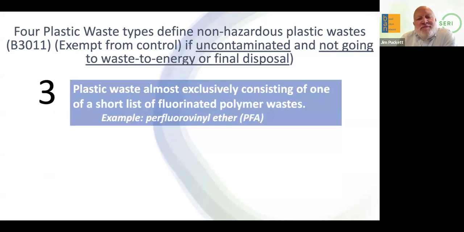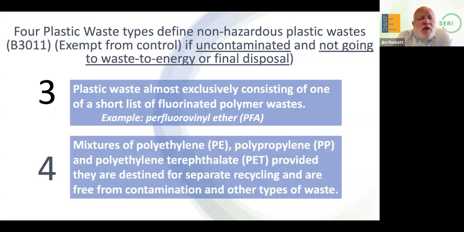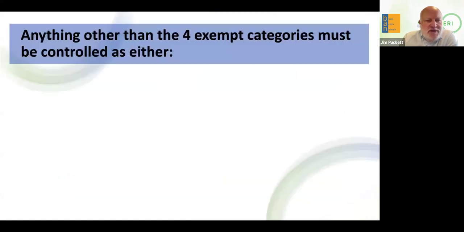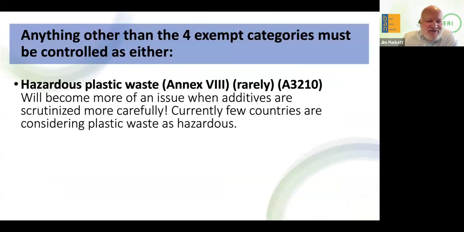And third, plastic waste almost exclusively consisting of one of a short list of fluorinated polymer wastes that are listed. And those also have to be single and not mixed. And finally, there's one mixture that's allowed, and that's PE, PP, and PET can be mixed, provided that at the destinations they're separated and recycled and are free from contamination. So those are the exemptions to being controlled as plastic. Anything other than those 4 categories must be controlled either as hazardous plastic waste,